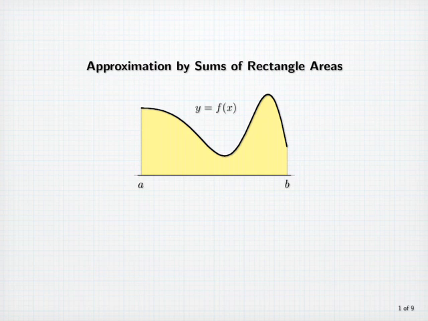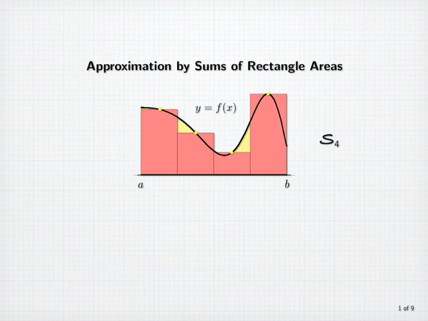We begin by constructing approximations. Here's an approximation to the region consisting of 4 rectangles. Each rectangle here has width (b minus a) divided by 4, and the height of each rectangle is equal to a value of the function for some x along the base of that rectangle. Since this approximation uses 4 rectangles, we'll use the symbol S sub 4 to denote the sum of the areas